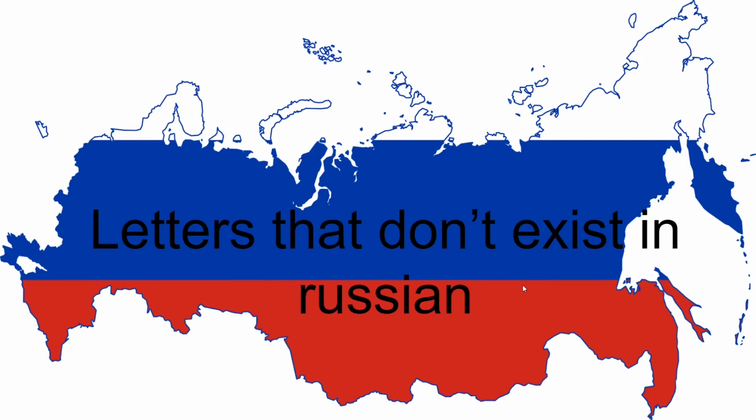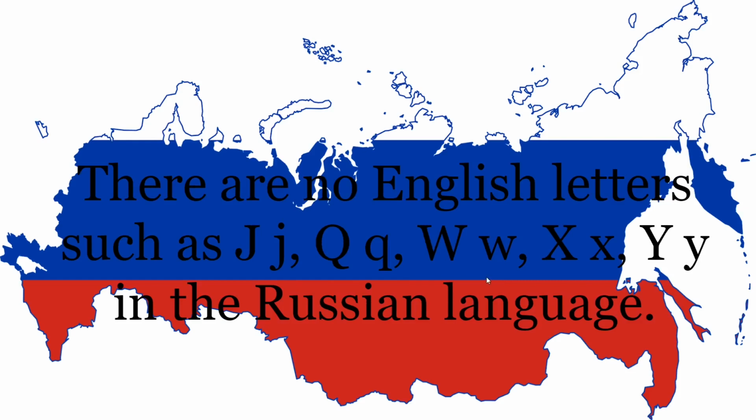Next we have letters that don't exist in Russian at all, but do exist in English. So you're not going to find anything like j, qu, w, x, or the y in English. If there is a name like Jenny that would normally be spelt with a J, you'll see the letter D, the Russian letter D, and then the Russian letter zh, which will make the dzh, which is like the closest thing they have to j. And then the qu, there's no real equivalent for that, or for the w.